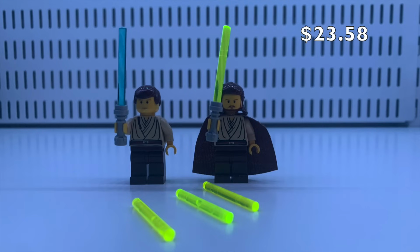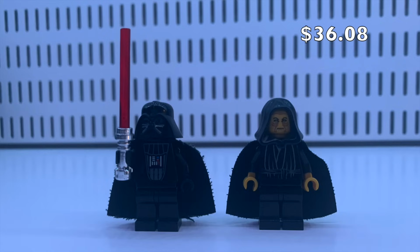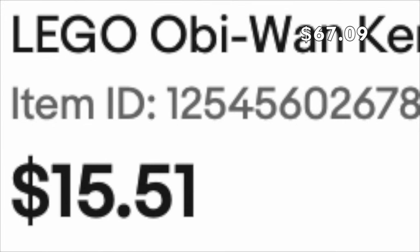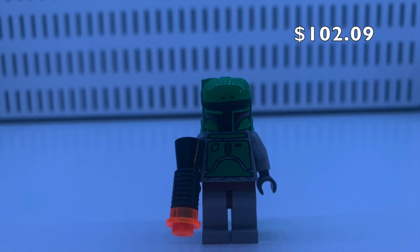Then we have Qui-Gon and Obi-Wan, their younger versions with yellow skin. They both sold for $12.50. The old Darth Vader and old Emperor Palpatine both sold for $15.50. The 2 older Obi-Wans sold for $15.51. And the 2 General Grievous with no legs and the expensive cape sold for $35. And the older Boba Fett sold for